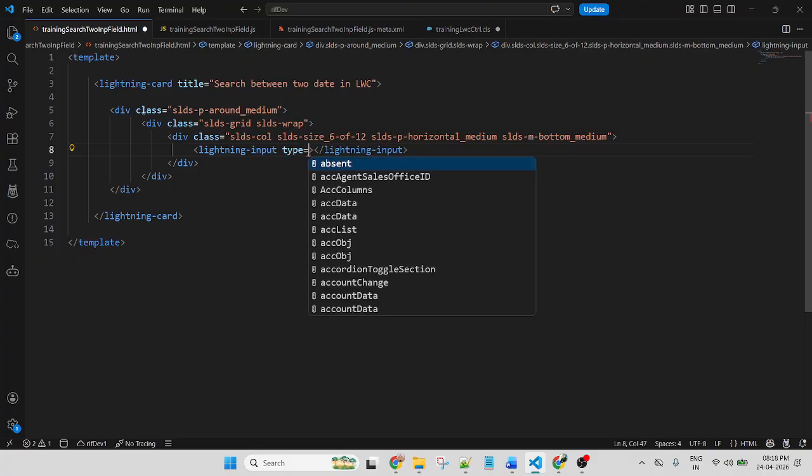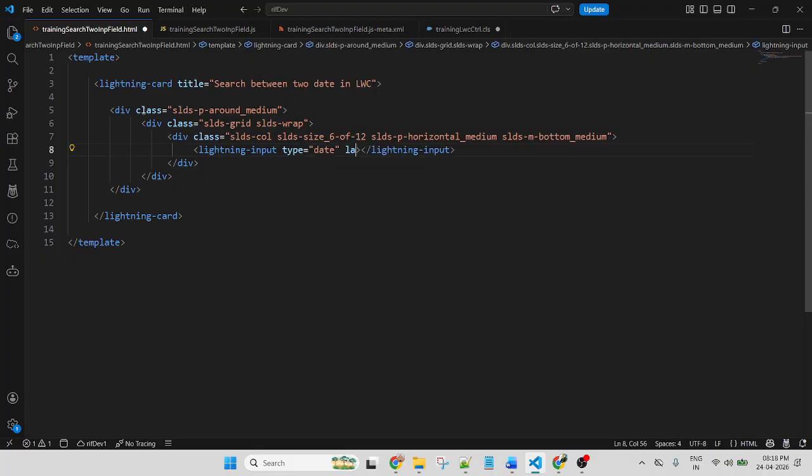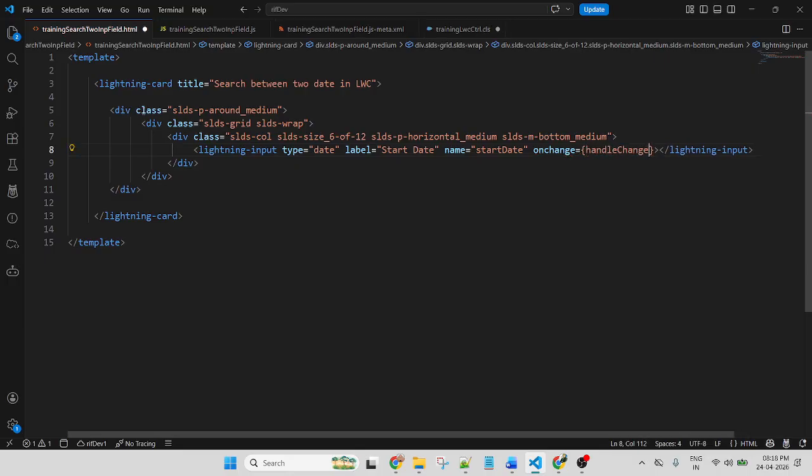Type equal to date, label equal to start date, name start date, and here I am using an on change function, handle change, so that we can get the current input field data.